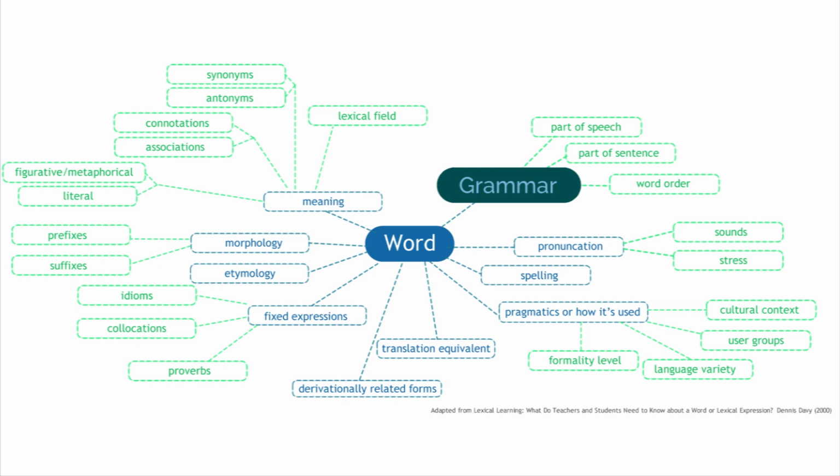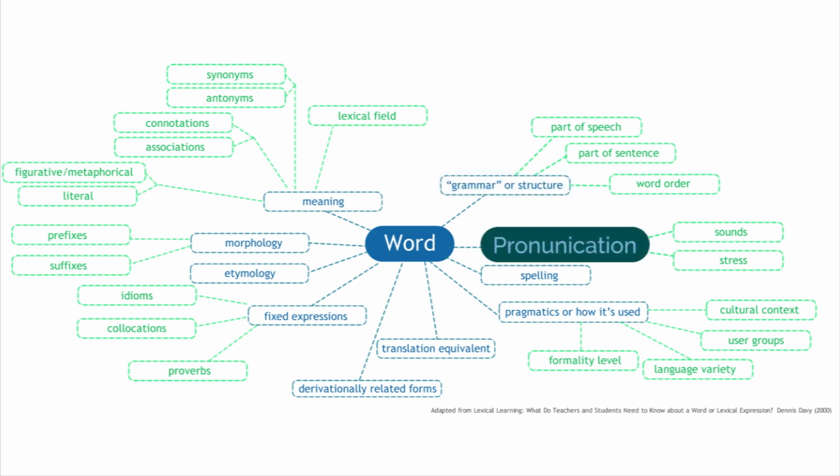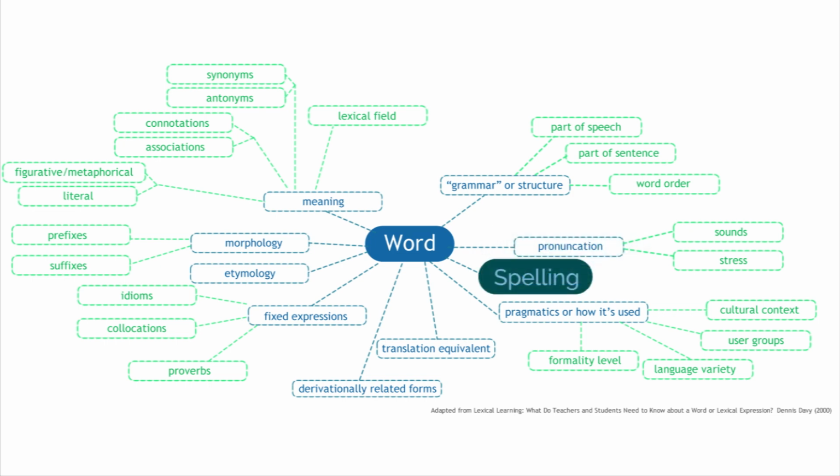Apart from grammar, we have to look at things like pronunciation. In pronunciation, we look at how the word sounds and how we can help learners produce that sound. We also look at things like stress within the word, and then also how that word might change once it's put inside a sentence. Of course, we have to teach people how to spell these words,